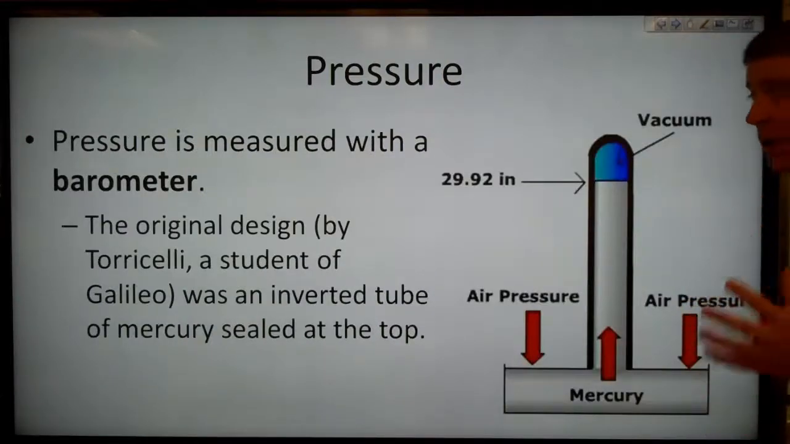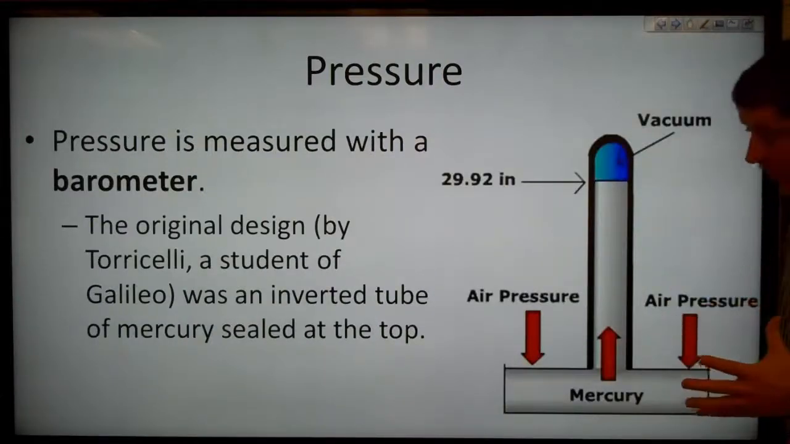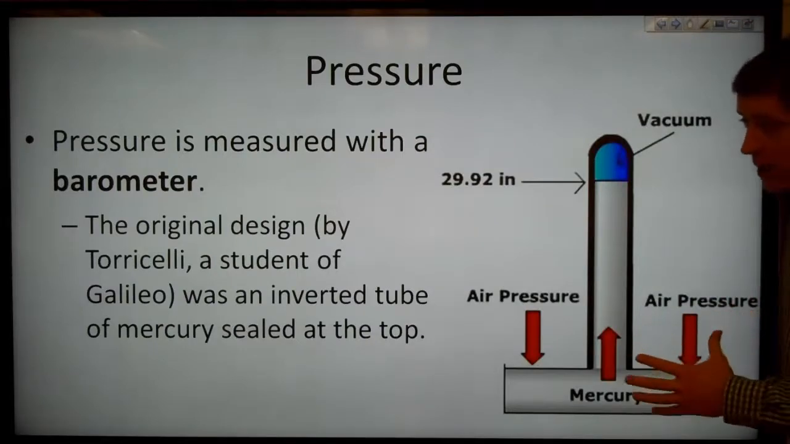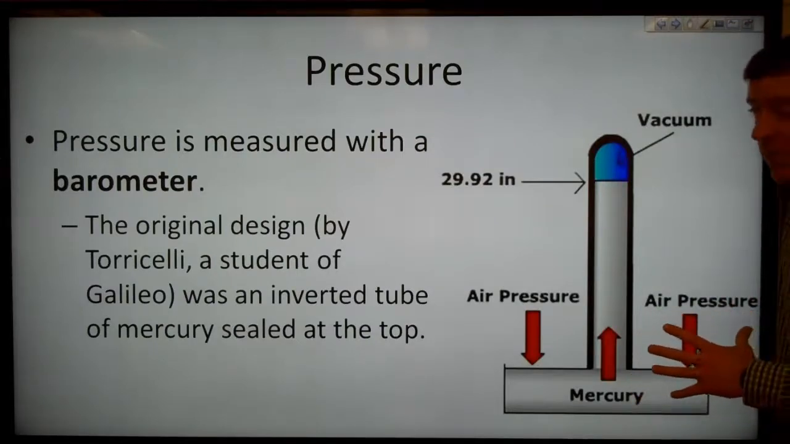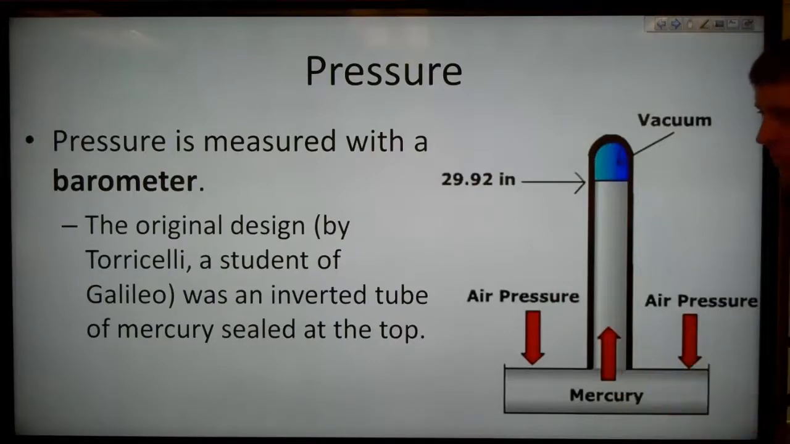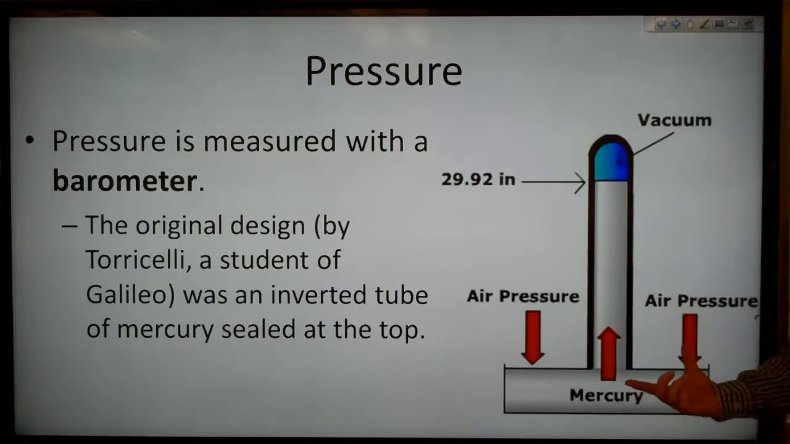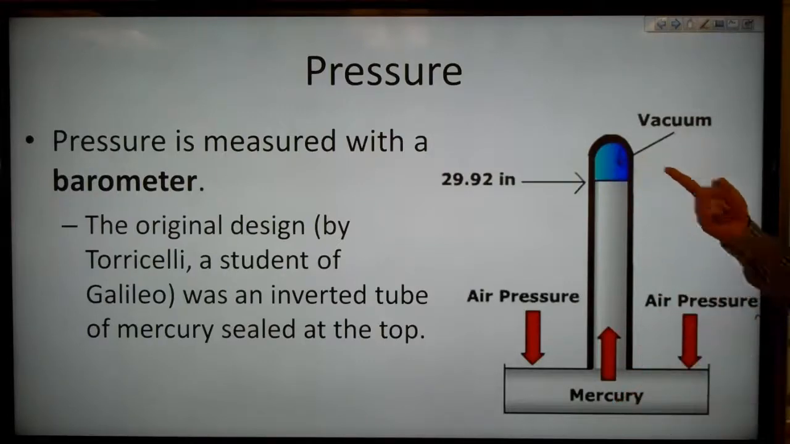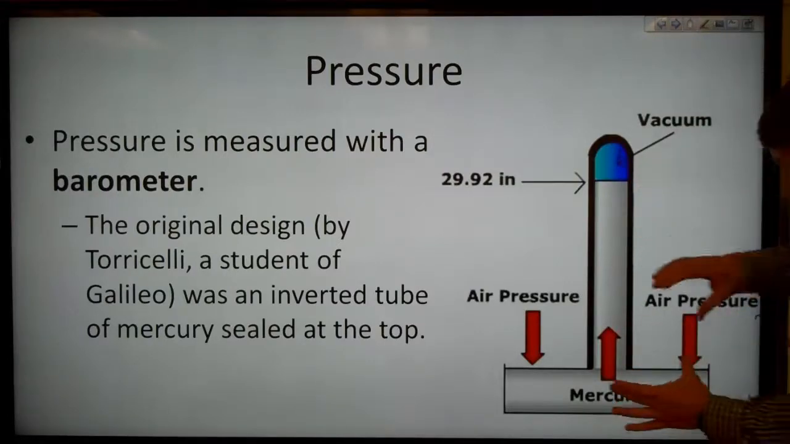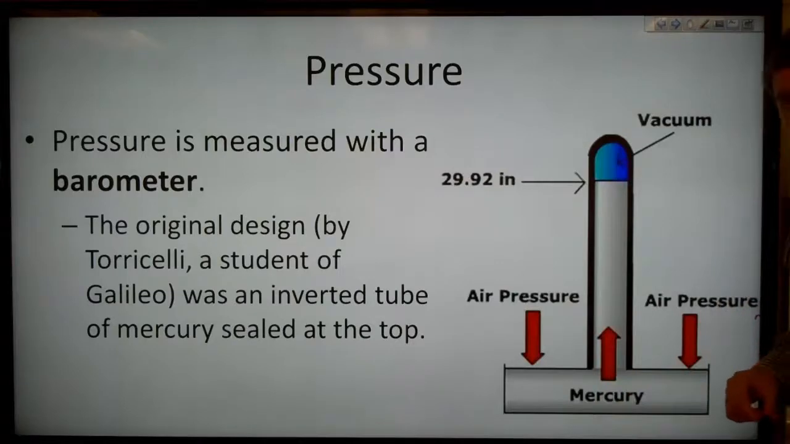So the way that we measure pressure is with the barometer, and the original design by Torricelli, which is where the unit of torr comes from, the first 4 letters of his name. He was a student of Galileo. So he invented a tube of mercury that was sealed at the top. He had a vacuum up there, and he pulled that glass tube up above